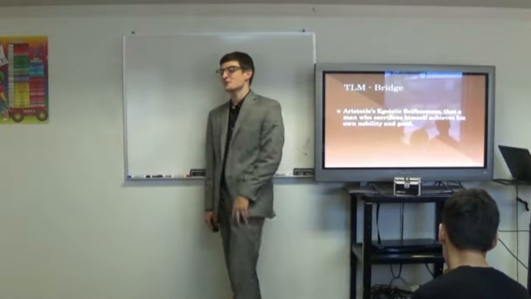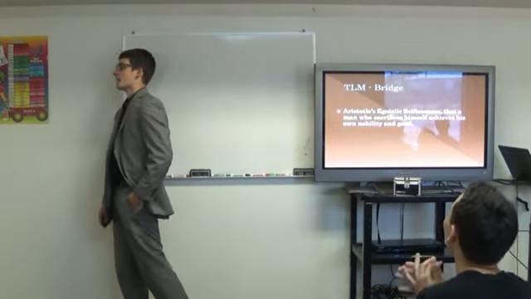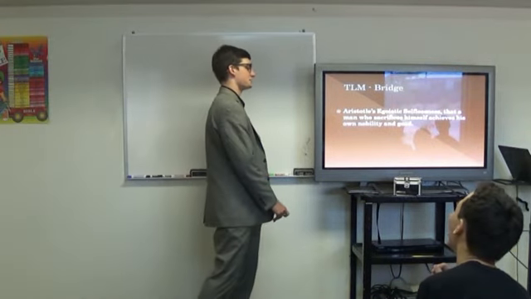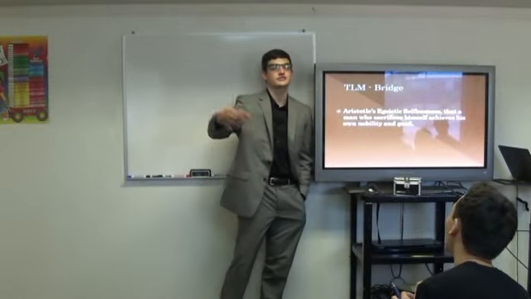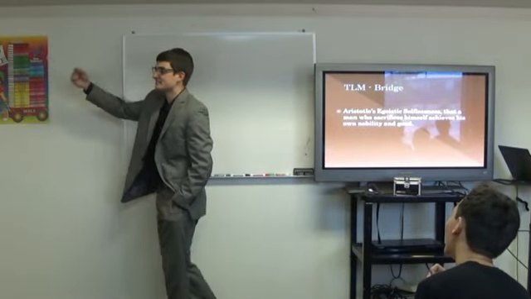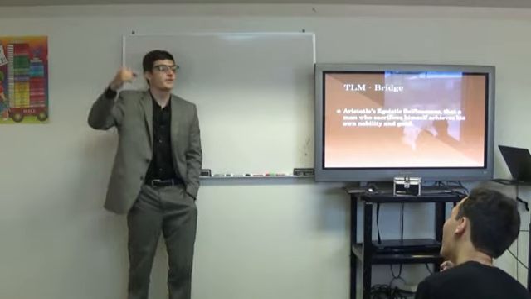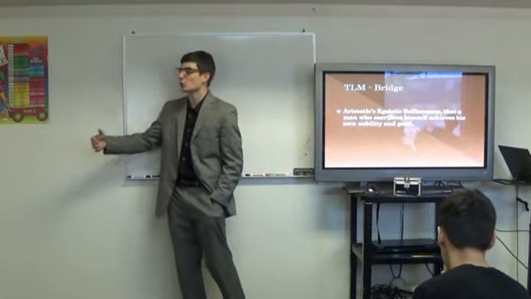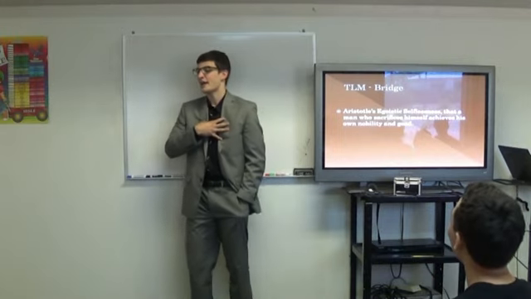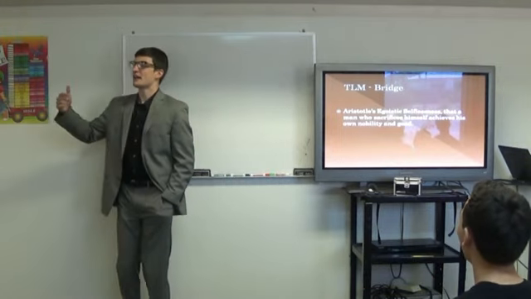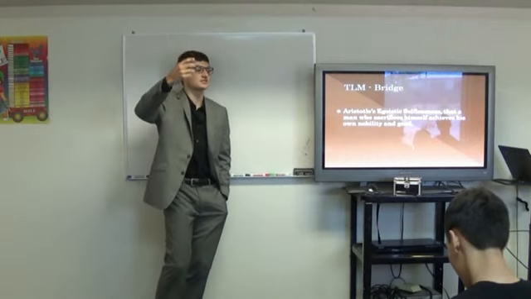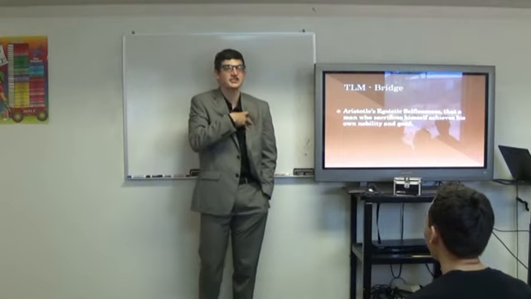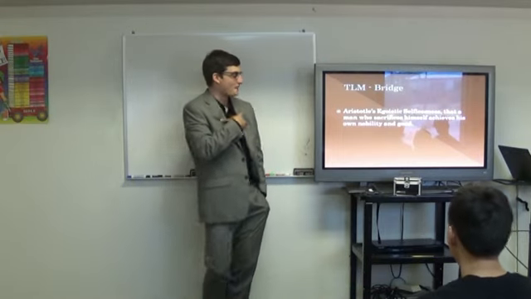The bridge I used for the Lego movie was Aristotle's egoistic selflessness. Now, Aristotle's egoistic selflessness is the concept that a man who sacrifices himself achieves his own nobility and good, that the highest form of mankind's virtue is to sacrifice himself for some cause. Whether that be sacrificing his life to save the life of another, or sacrificing his possessions to make a better world for the people around him, or even for himself. It was Aristotle's claim that you could be an egoist, that you could fulfill your own desires by being selfless, which I find is really fascinating. Like, you can be selflessly selfish. Like, that's awesome.